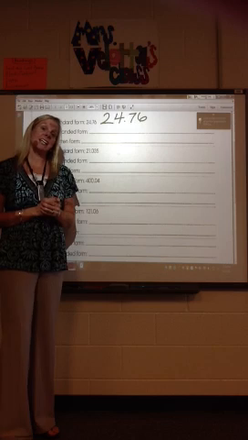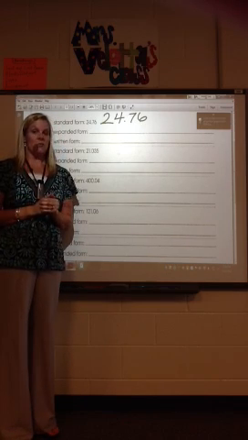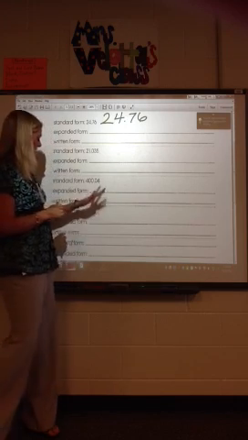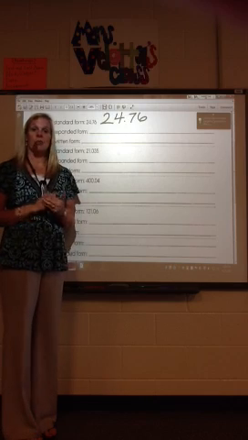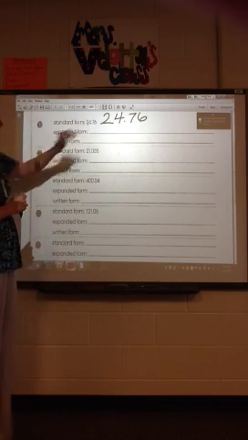Now remember, on tonight's homework, I asked you to use multiplication and addition for expanded form, and I also asked you to use only decimals. I know down on some of the problems towards the bottom they used fractions, but I only want you to do decimals to show expanded form. So let's start out with